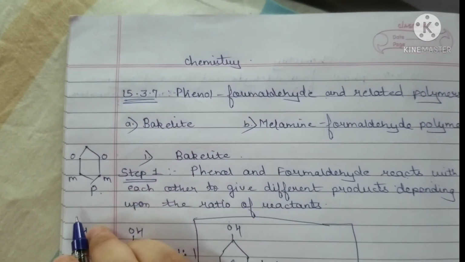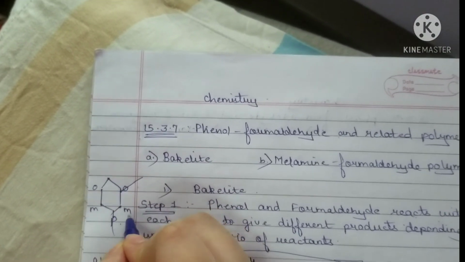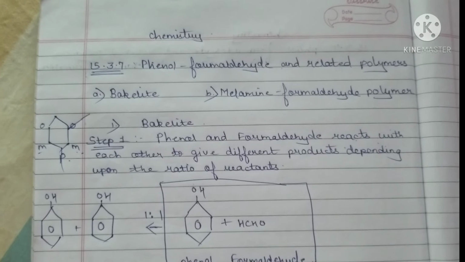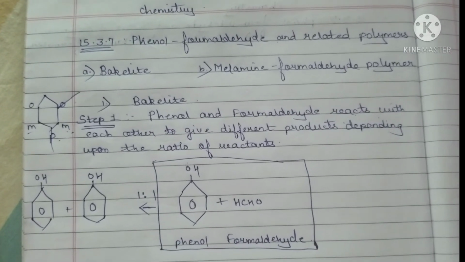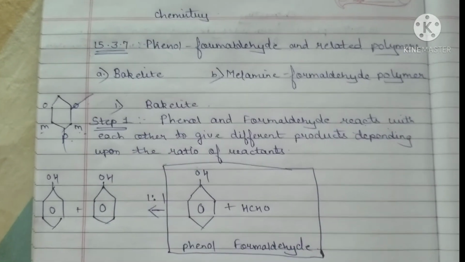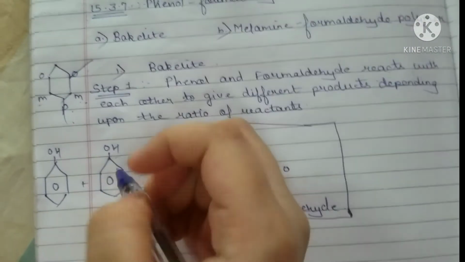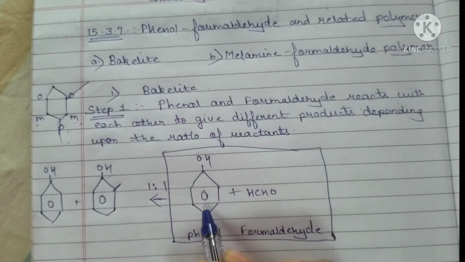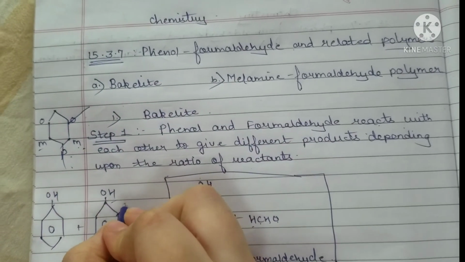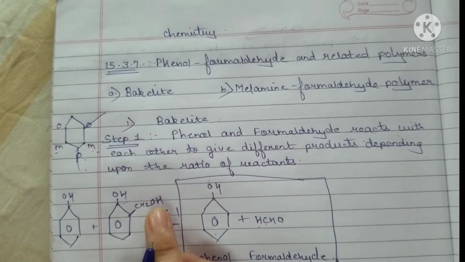So when the substitution takes place, it is either on the ortho side or the para side, not on the meta side. Why? Because when the substitution takes place at the meta side, the product that is formed is unstable, and we do not want any unstable products because that will give us a reversible reaction. That is why the substitution takes place at ortho and para positions. So now you have your phenol, so this group CH2O will be substituted here, along with an H. Now from where did this H come?